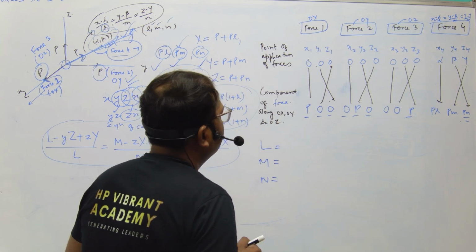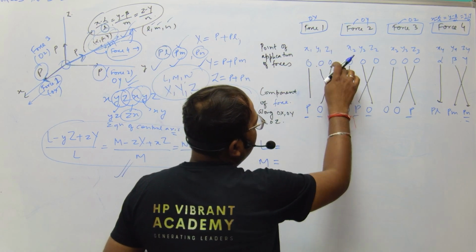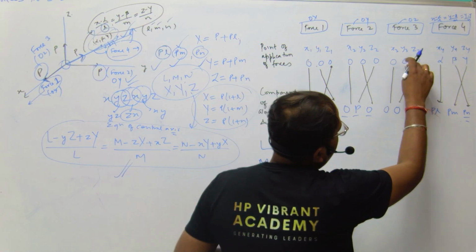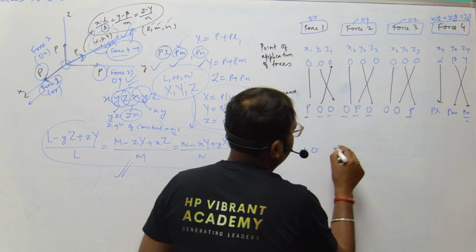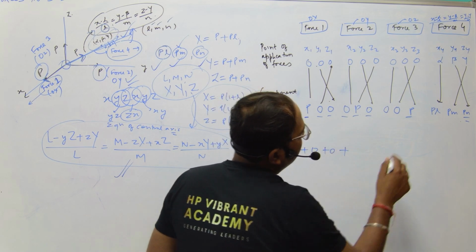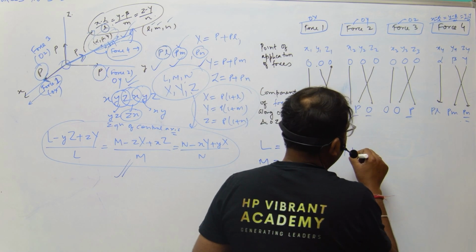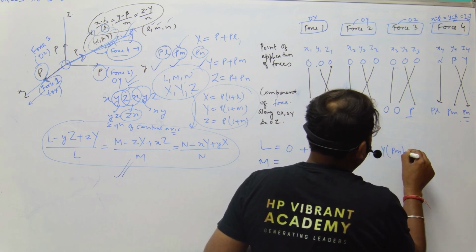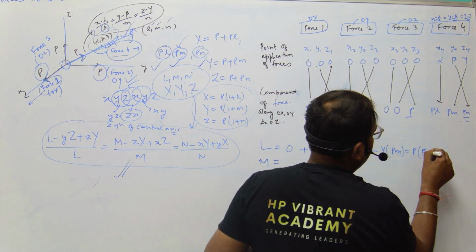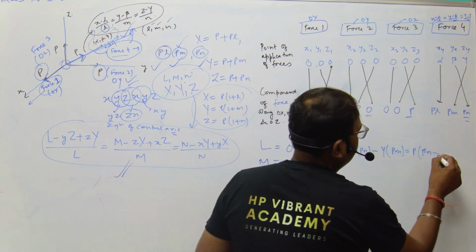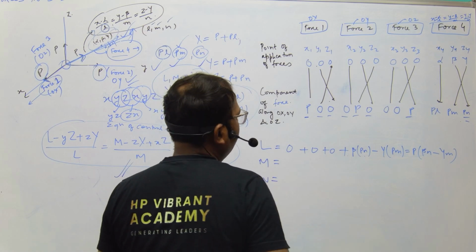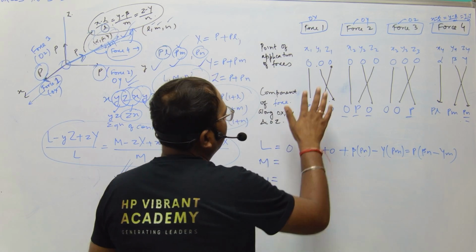So we have L is equal to 0 times 0 minus 0 times 0, 0. Similarly, this is 0 times P minus 0 times 0. So this is 0 plus this is beta times Pn, minus gamma times Pm. This is equal to P times (beta n minus gamma m). Okay, now we have the value of L. For finding m, we have to hide